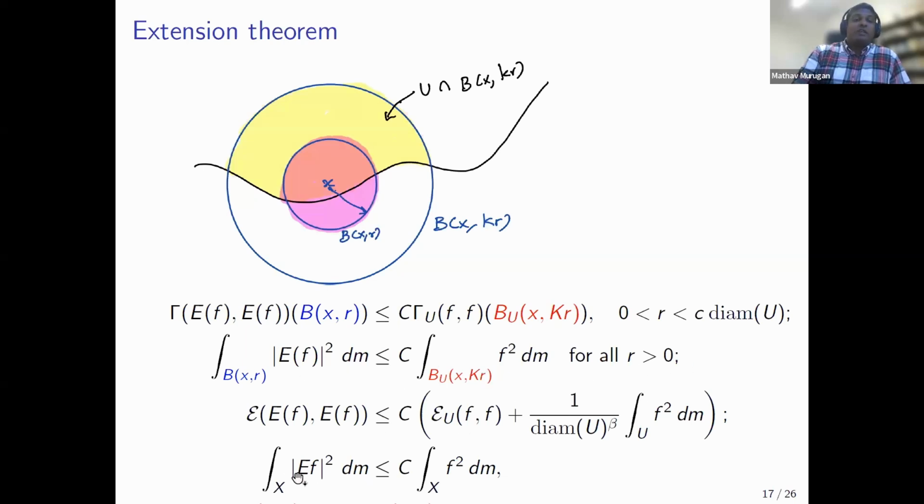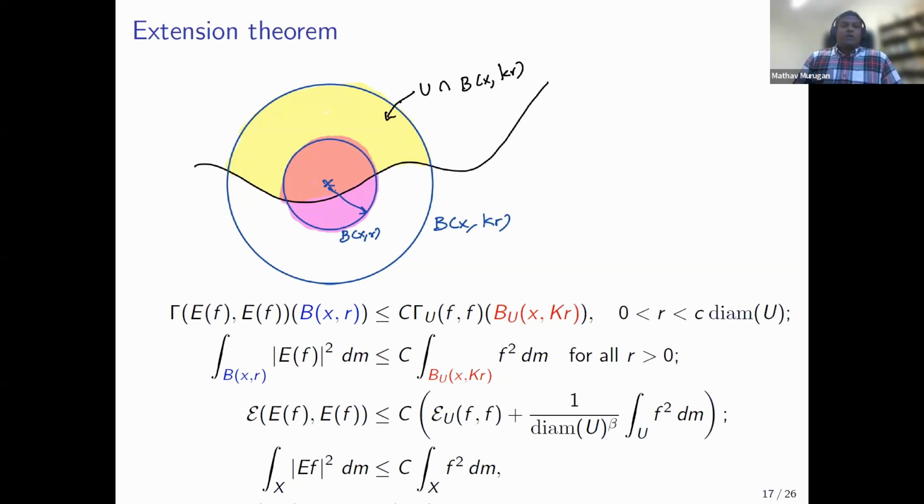And letting r go to infinity, one can see that the L2 norm of the extended function is less than some constant times the L2 norm of the function in the domain of the reflected diffusion. A similar estimate is true for the energy, except that one needs an extra term. I can explain the reason for this extra term, because this theorem also applies to bounded uniform domains in an unbounded space. For example, if you are looking at a ball, which is a uniform domain in Euclidean space, and you consider the function which is constant equal to 1 on the ball,